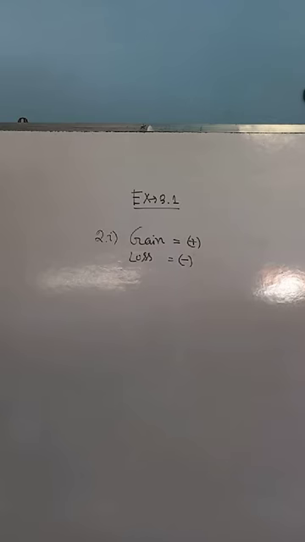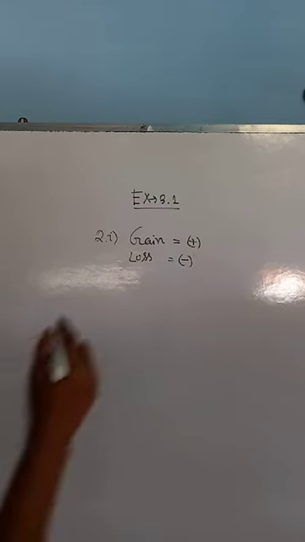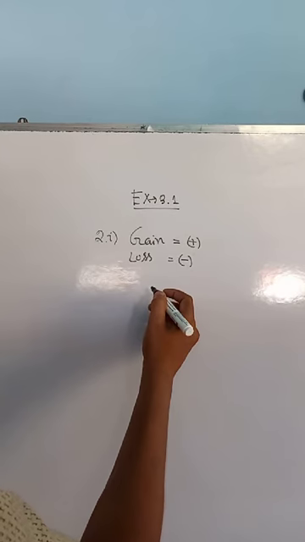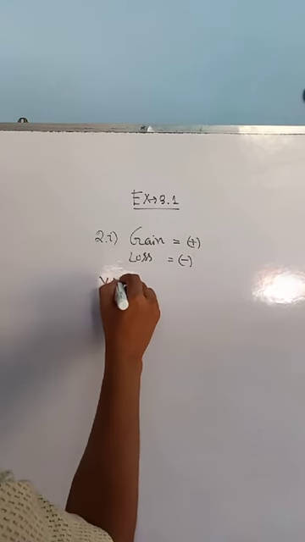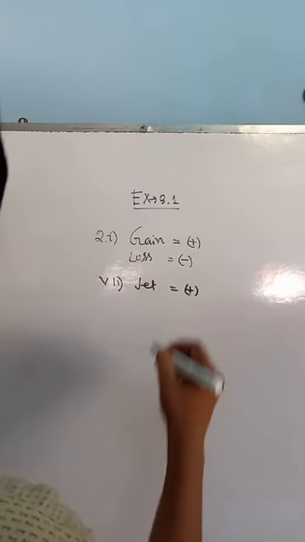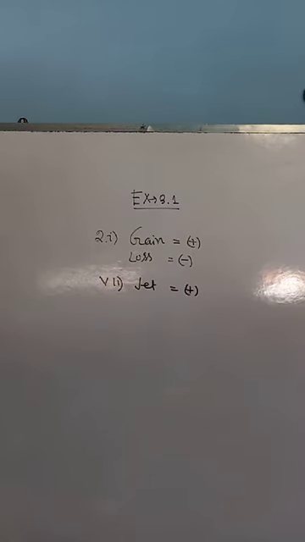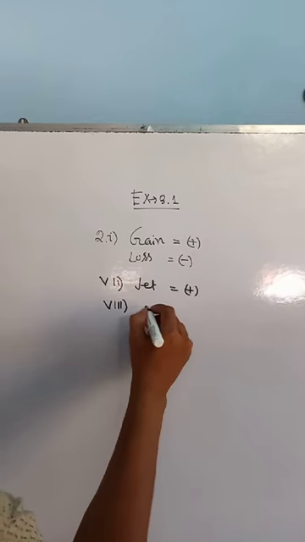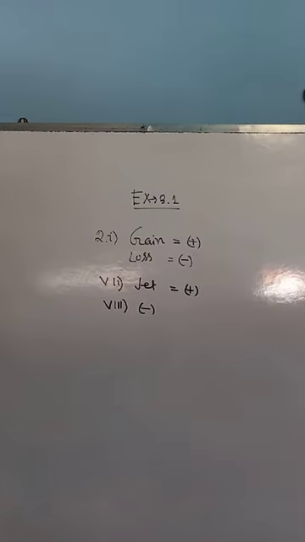A jet plane flying at the height of 9320. The jet plane has the height. So number 7, the jet plane height will be plus. In the same way, 6 meters down in the basement of the building, the basement is below. So below means minus. So in this way you can solve all the problems.